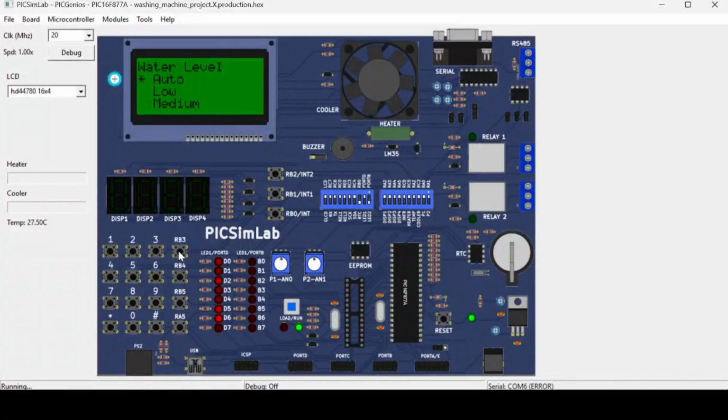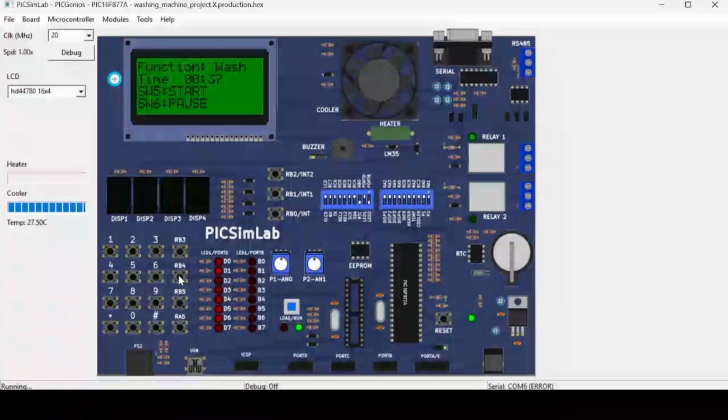Here also, first we check the water levels by giving short presses with switch 4: auto, low, medium, high, max. We select one of the water levels, which is auto, and give it a long press. Now it goes to another screen. In this, for starting the program, we can use switch 5 to start and switch 6 to stop. First, we will check with switch 5. Here it is given as 41 seconds and the function, and the program started.